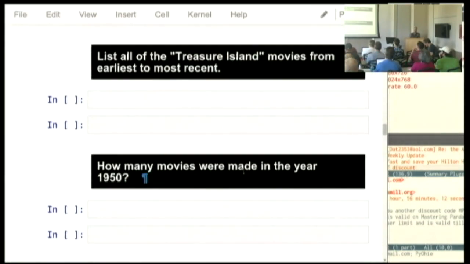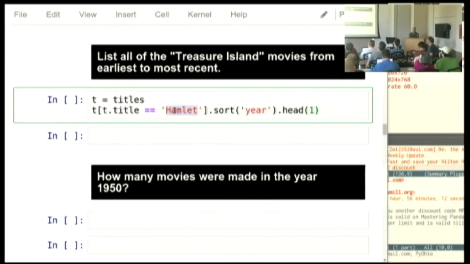So all of the rest of the exercises that you'll do when you pull up exercises notebook 1 later are pretty much variations on what we've just seen. List all of the Treasure Island movies from earliest to most recent. Most of what I want you to take away here that you don't get from reading examples online is the way I iterate to get to a solution.